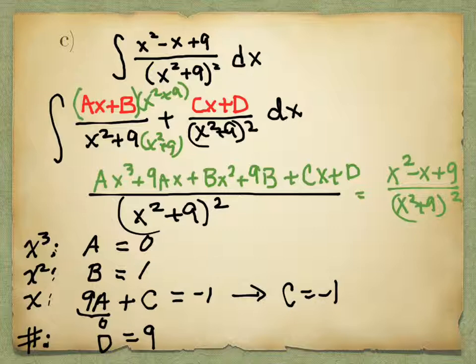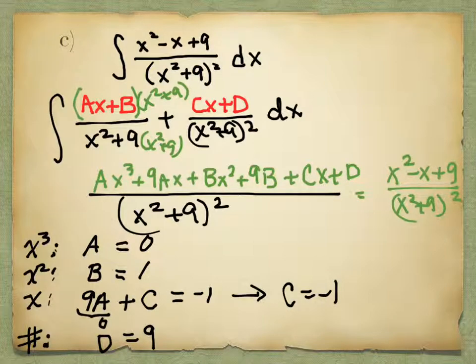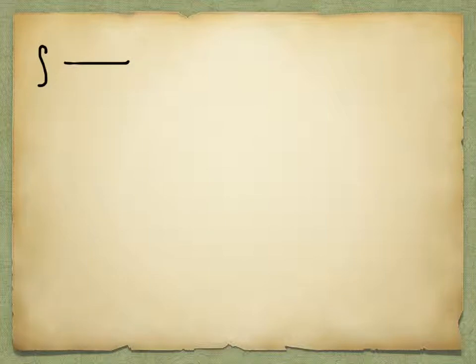Okay, fabulous. So we're going to take our integrand and we're going to write it all out again. So I've got an integral. It's supposed to be ax plus b, but a is 0. So what is that numerator of that first value really going to just be? It's just 1. So this is 1 over x squared plus 9. Do we do anything with the